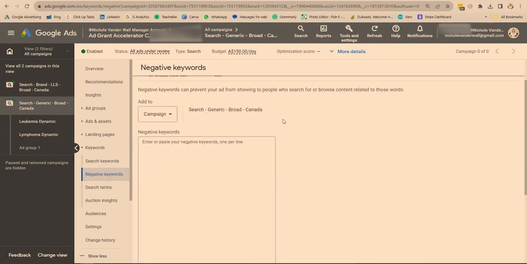And then all we really want to do is add all of those brand keywords that were in our other campaign. So I'll go ahead and just quickly read LLS, and then the last brand keyword is